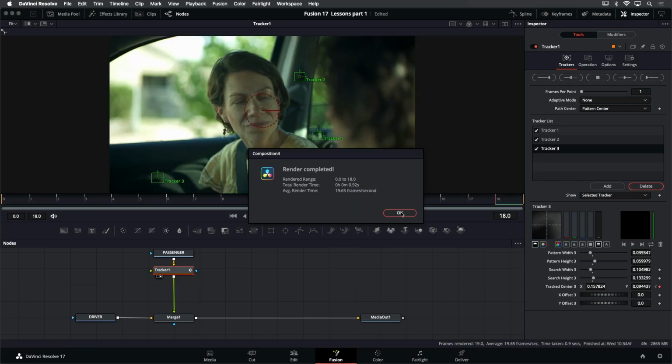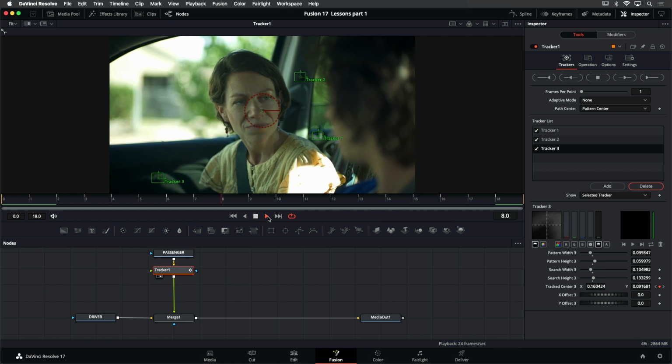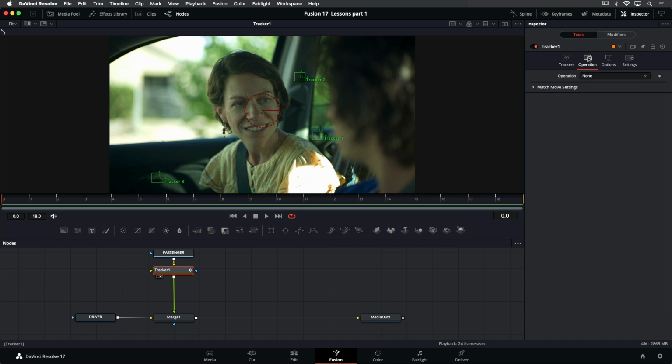Okay, track is done. And now you can see if we play back, these tracked points track nicely with the high contrast areas they were supposed to be attached to. The camera motion is still there, so to remove that, we need to go to the tracker in the inspector, and from here we click on the operation tab,